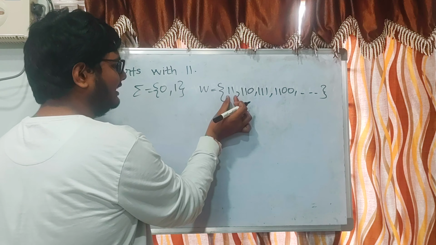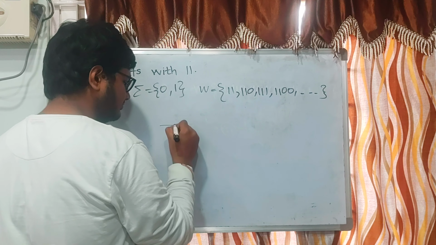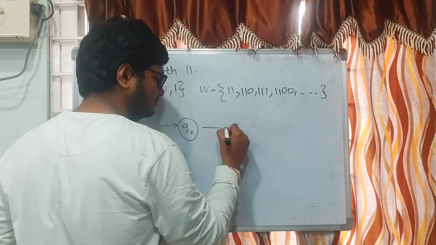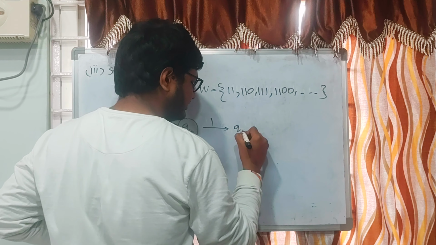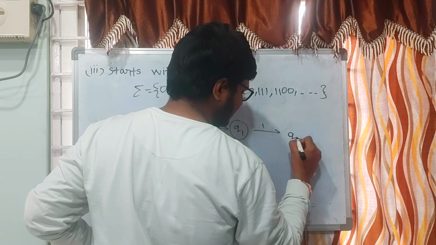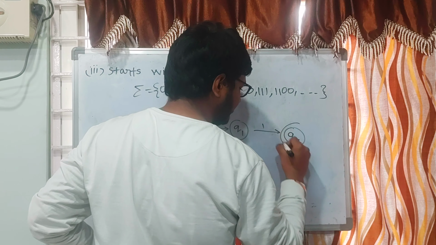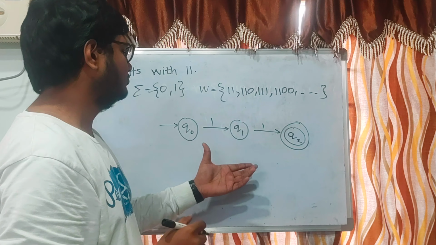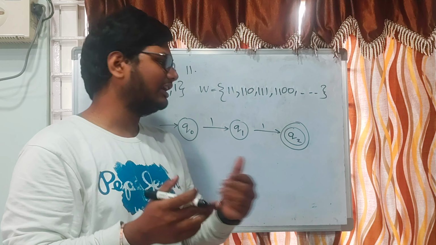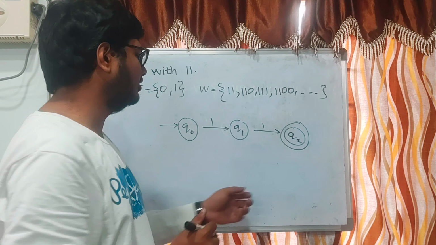Now let us construct the skeletal version of the most basic string, that is 1 1. On 1 it will go to the next state. On 1 it will go to the final state because it accepts 1 1. Now, after 1 1, for any combination of 0 and 1, it should stay in the final state itself, because see,